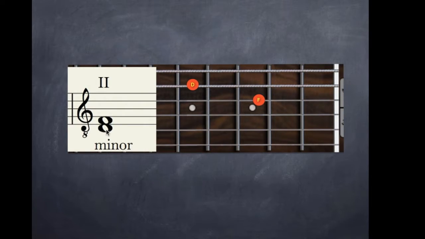with the next interval, which is based on the D here, and D, E, F. So this is where D is on the 5th string. It's on the 5th fret of the 5th string. That's where I'm playing it anyway. And F is on the 3rd fret of the 4th string. D, F. So that sounds like